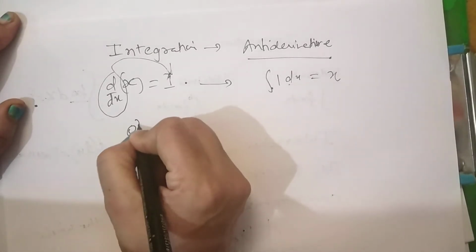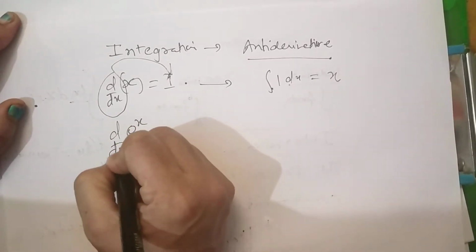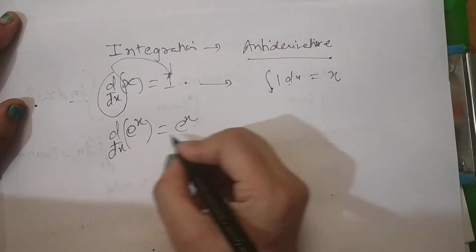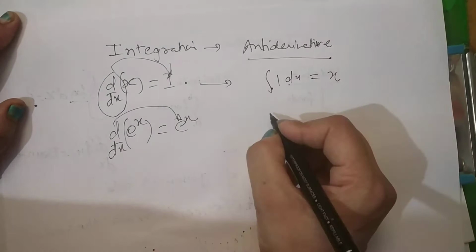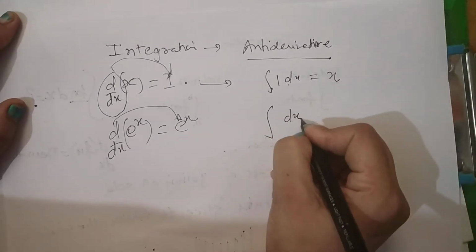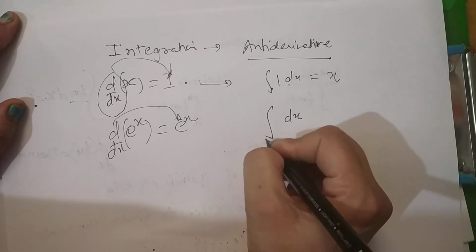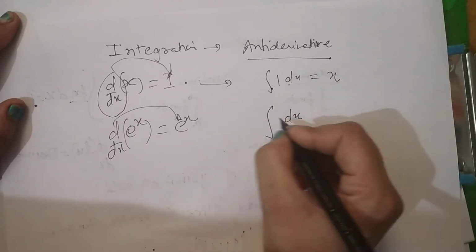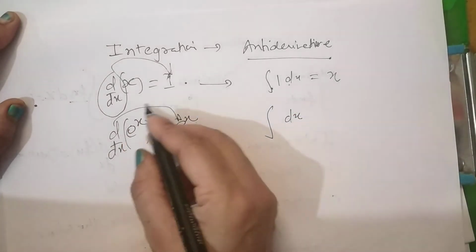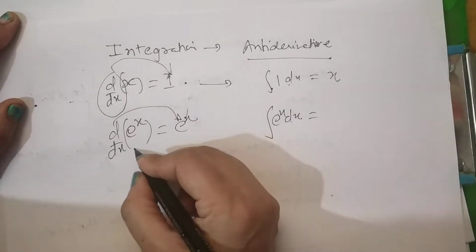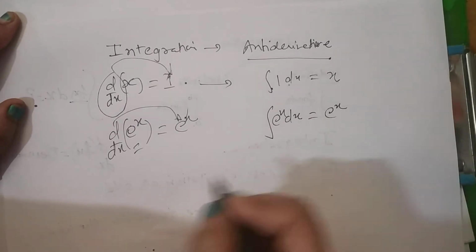Similarly, if we have done the derivative of e raised to power x as e raised to power x, then if this goes to the other side, it will become the sign of integral. Sign of integral is completed by these two symbols, this integral and dx. So derivative goes to the other side, it will become integral of e^x dx, and what is left here is e raised to power x.